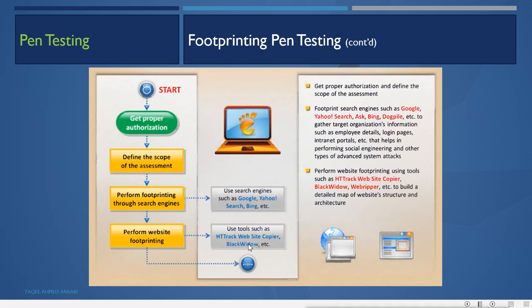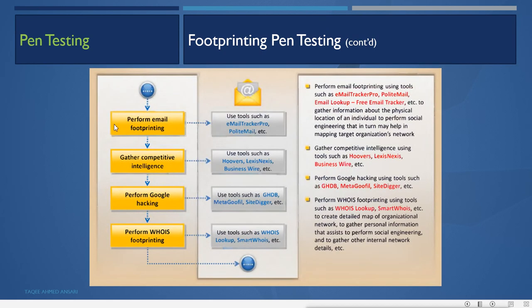Then next, you will perform mail footprinting with other tools to track the mails. Then gather competitive intelligence, to see whether you are getting some sensitive information or not. Then try Google hacking to get sensitive information using different Google hacking tools.